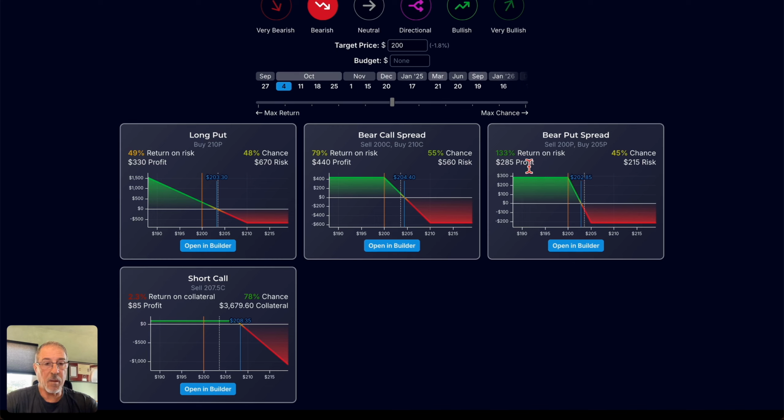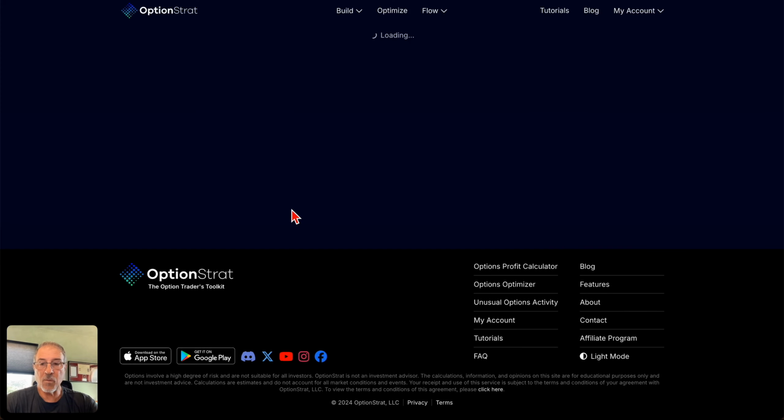That gives me a little bit higher percent chance of return, lesser profits, a little bit lower risk, slightly lower chance of profit. So I can look at either of these two and decide what might fit my thought process a little bit more. And I would probably, let's just take a look at this one if I open it up